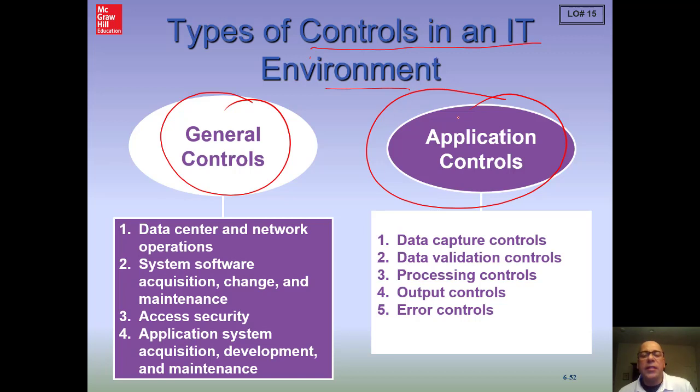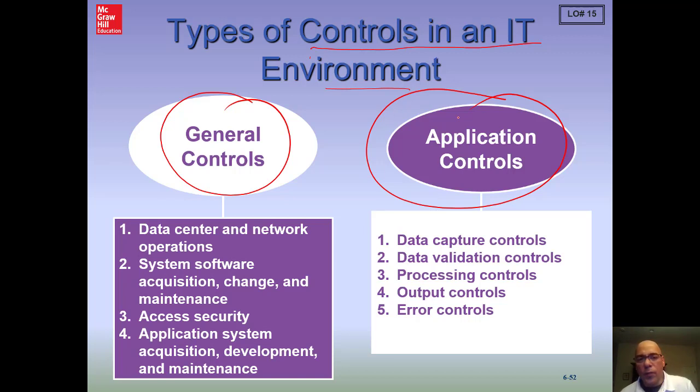Application controls are specific to an application, say payroll. No payroll check more than $10,000 should be processed, right? And we don't want somebody to get access to our payroll, which is much broader, with more opportunity and a lot of employees there. We know what the maximum amount of payroll should be for a payroll period, so we set a limit over our payroll. And that would be an example of an application control.